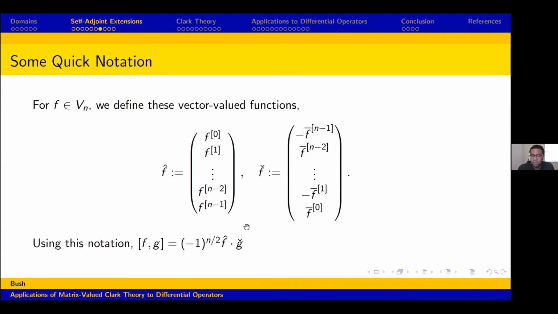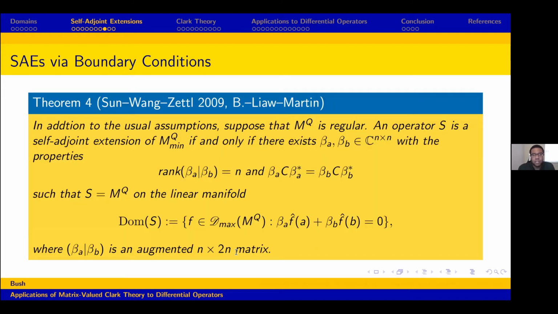Negatives on the odd ones. And then using these notations, we can write the Lagrange bracket simply as the Rn dot product of those two vector valued functions. Okay, so next up is going to be the promised self-adjoint extensions via boundary conditions result, which